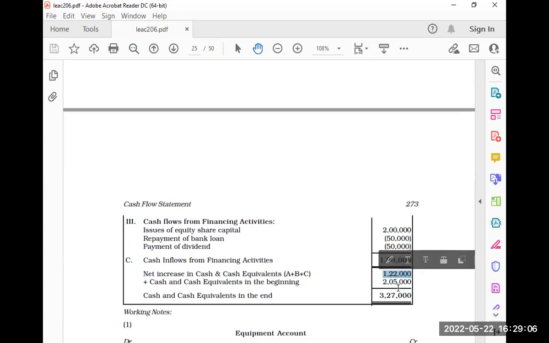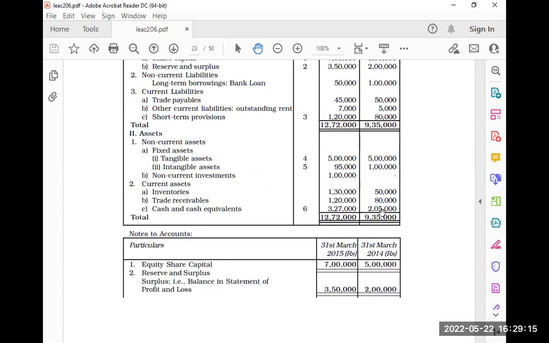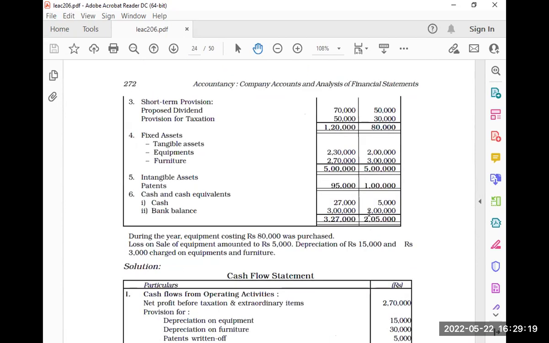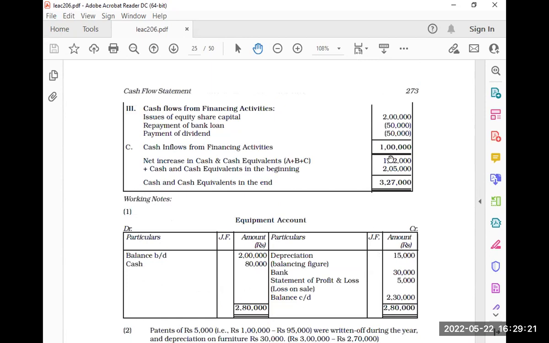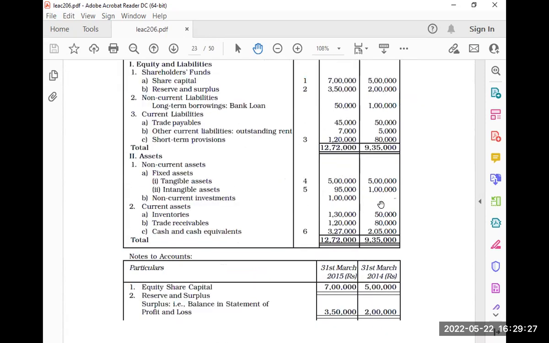1 lakh 22. Now you add the opening balance of cash. Go to the balance sheet, check it. Yeah, cash and cash equivalent 2 lakh 5,000. Look at this. You bring it here, 2 lakh 5,000. Total should be 3 lakh 27. Go to the balance sheet and check it. Is it correct or not? 3 lakh 20,000. Okay. So this is how you have to make the cash flow